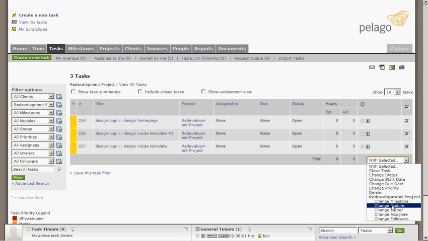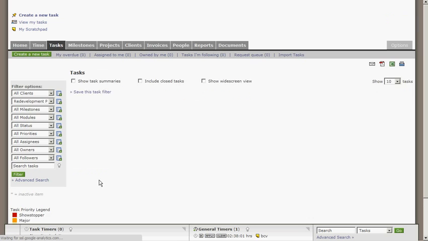If you imported time, or if you were tracking time in Basecamp, a work type named Basecamp Work will also be created, and this is for the same reason of grouping your Basecamp data so that it can be easily reported on. If for any reason you wanted to undo the import, you can navigate to the import history page,